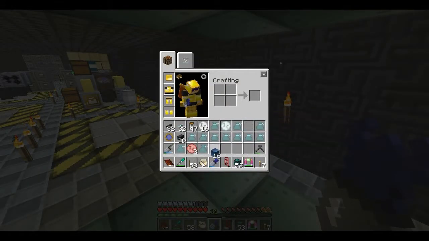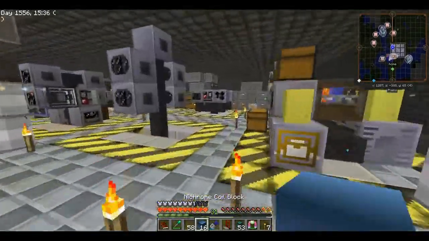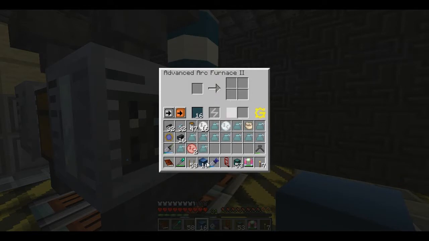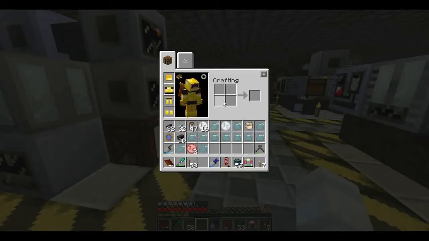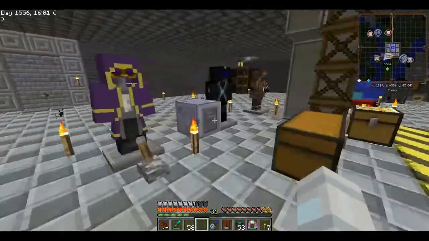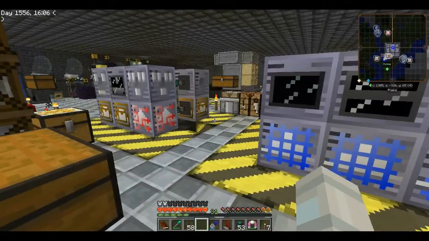Now that I have collected all the 16 nichrome coil blocks, let's go here to our little arc furnace and just dump it here. We're gonna wait for a bit and it's gonna happen. We're gonna get our nichrome ingots back. So let's wait for it to get done. Let's get our protection and let's open some bags